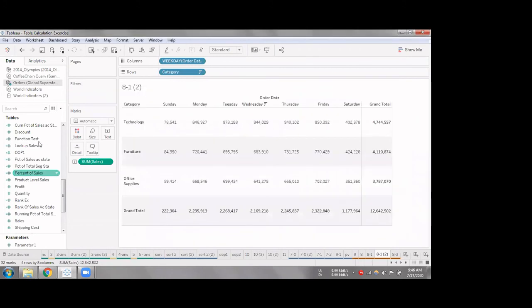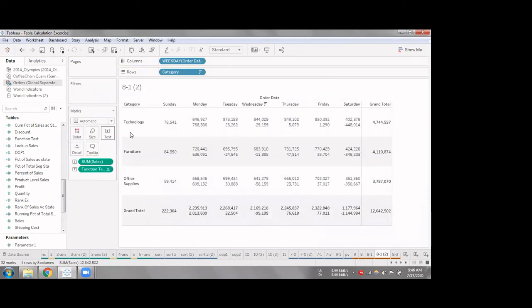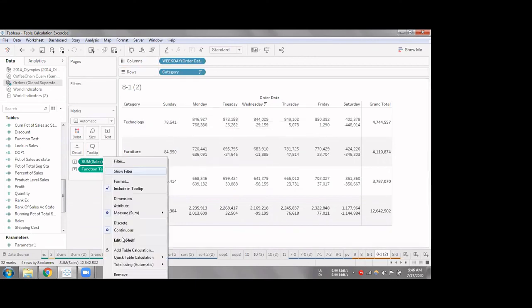Okay, and if I pull that to text, it is basically taking Monday value minus Sunday value, and here it is taking Tuesday value minus Monday value, and likewise.